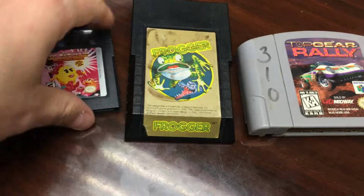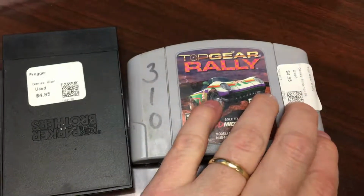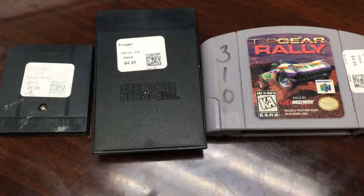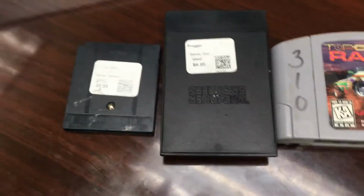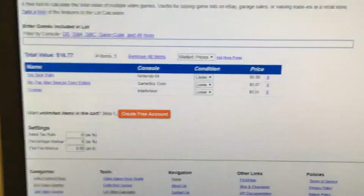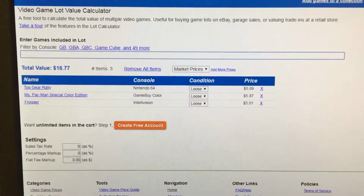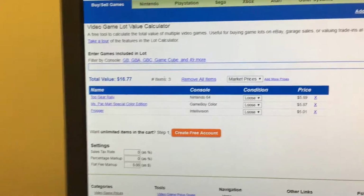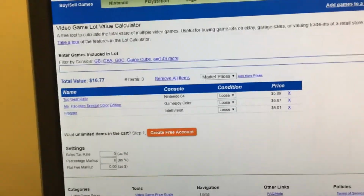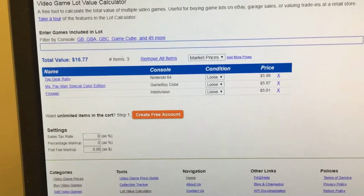Okay, so this is $6, which is the most expensive, $5, and $5. So essentially, that's about $16. And if you can look at the price chart, I've got a calculator here, and it's about $16. So roughly the same price here as it was in Game Exchange, roughly. Of course, these are all loose. Anyway,